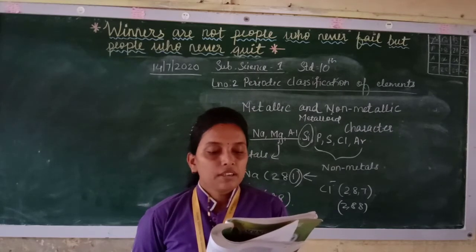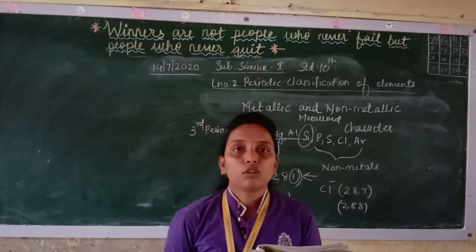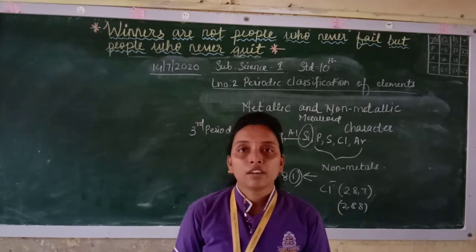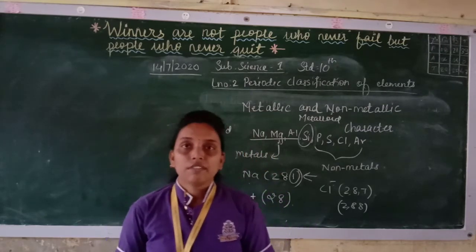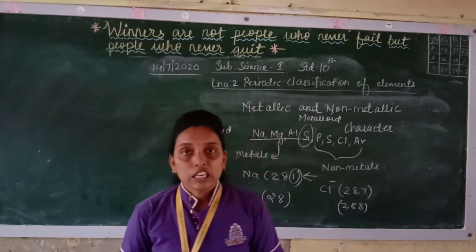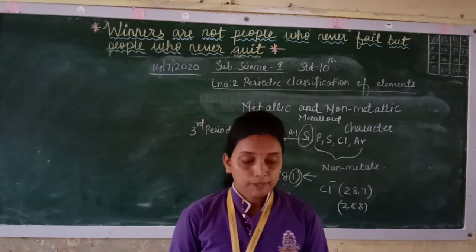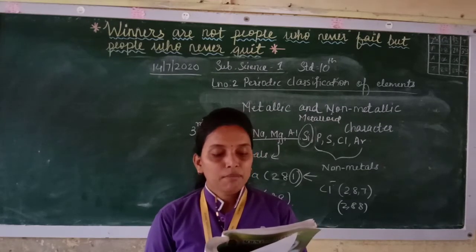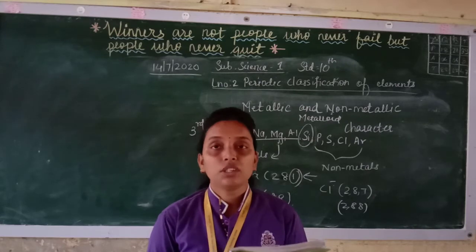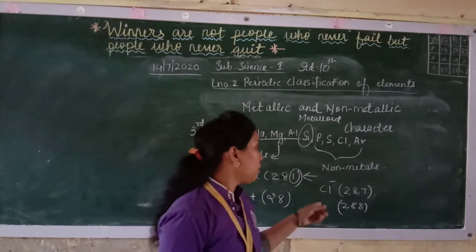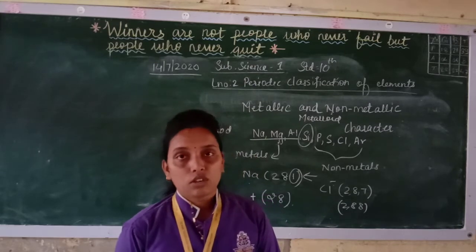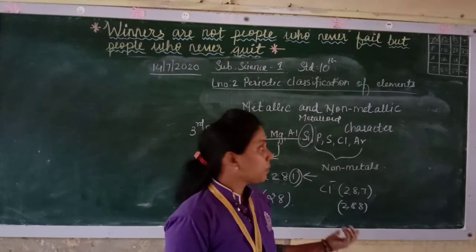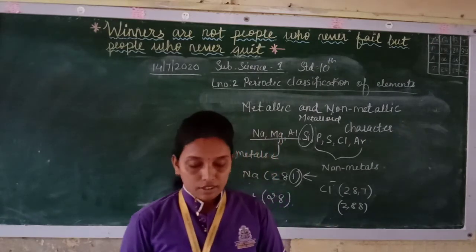This property to lose electrons is called electropositivity. If they are losing electrons, they are known as electropositive elements like metals. If they are gaining electrons, that is electronegativity. On the other hand, an atom of a non-metal has a tendency to form an anion by accepting electrons from outside into its valence shell. Like I told for chlorine, it will not give 7 electrons. Instead it will take 1 electron from others, and it will form that chloride anion.